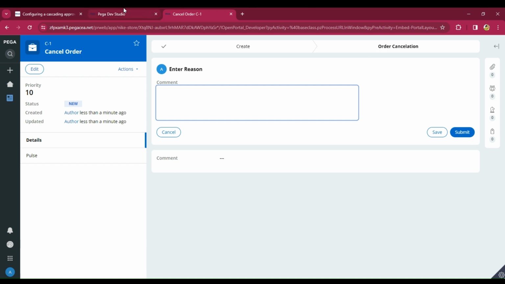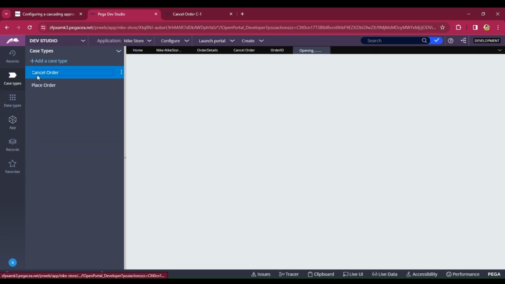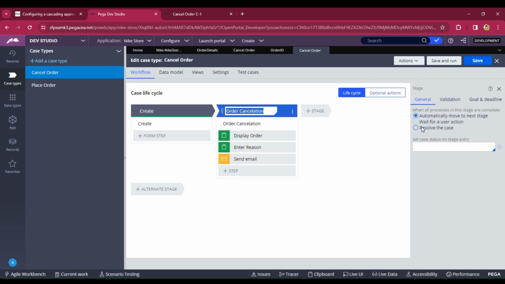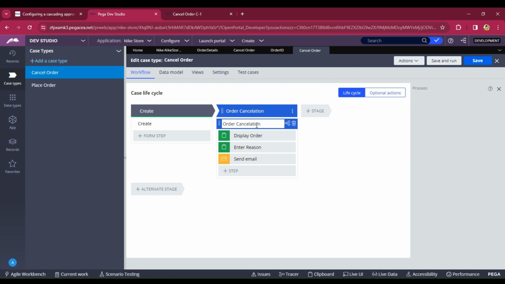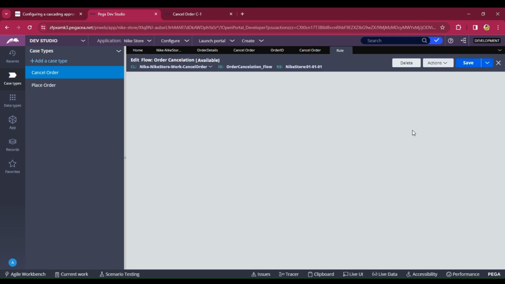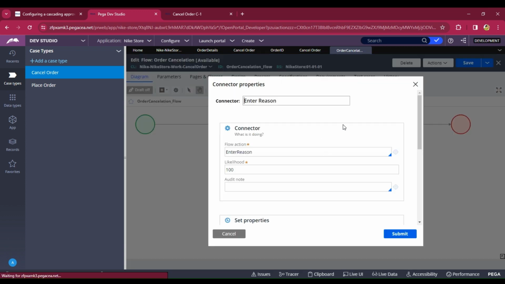So just go to the case type, it is cancel order, and open the process, order cancellation, open process, and just double click on this and open flow action,